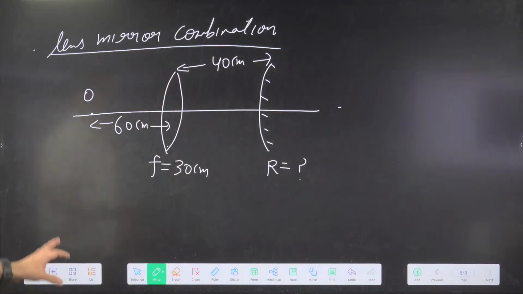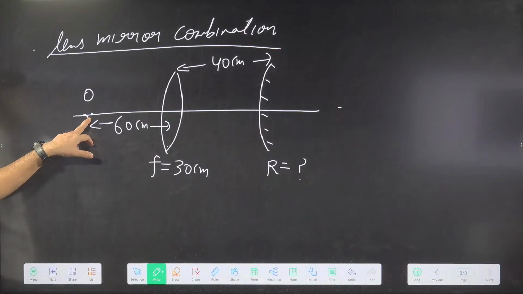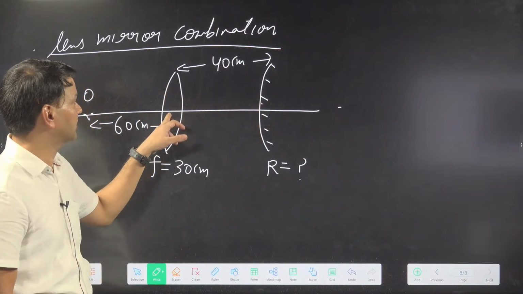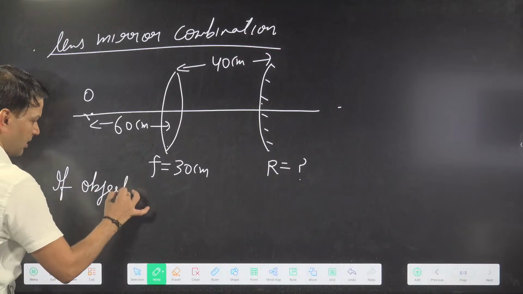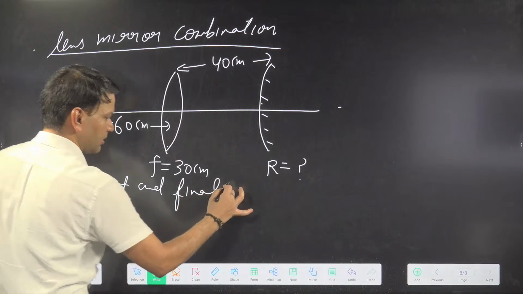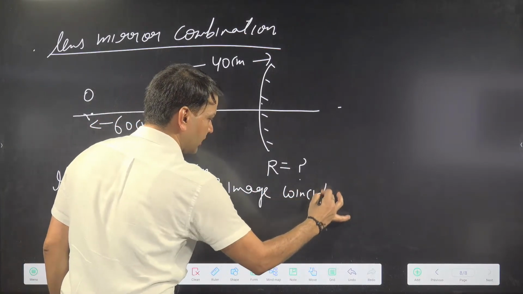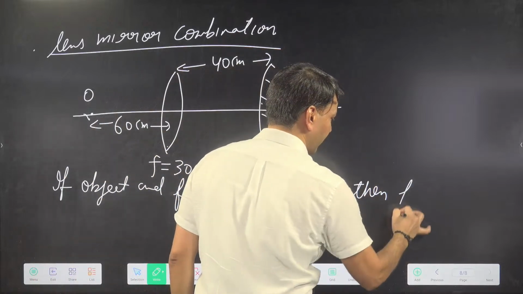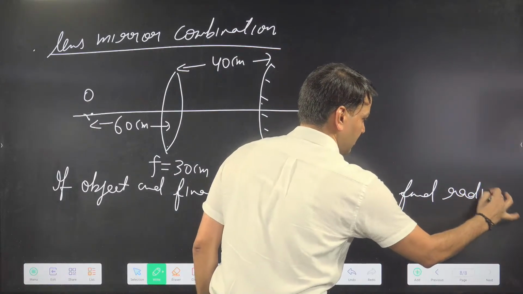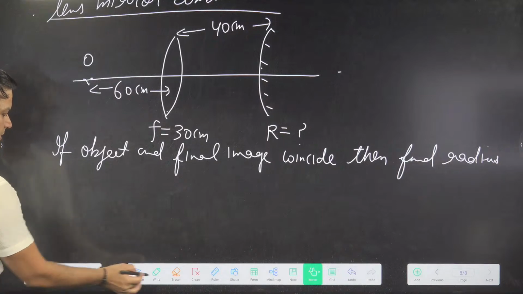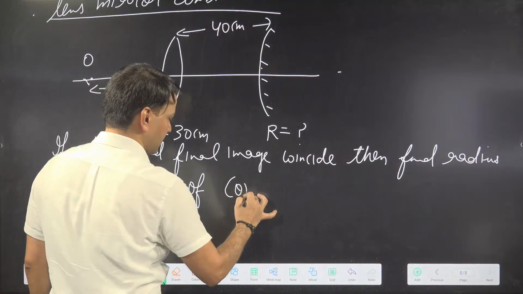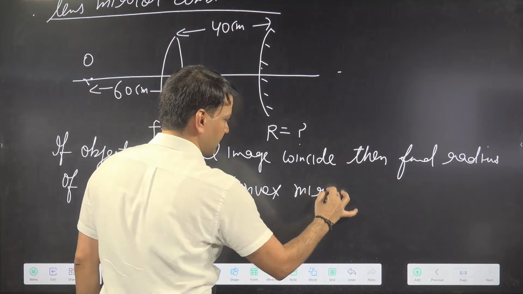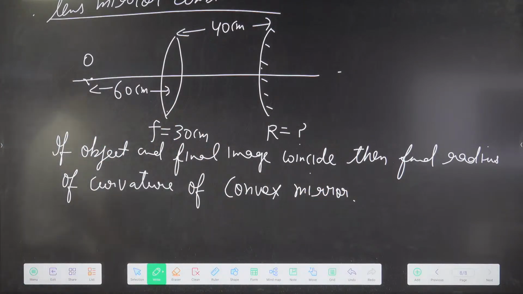Suppose an object is placed at a distance of 60 centimeter from a convex lens, and the distance between the convex mirror and the convex lens is 40 centimeter. If the object and the final image coincide, then find the radius of curvature of the convex mirror. Okay, so the object is placed at a distance of 60 centimeter from the convex lens,